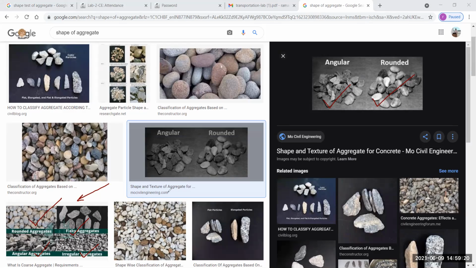I already discussed what rounded aggregates are, and how strength and workability are imparted in rounded aggregates. Also how the strength and workability of concrete are imparted on the basis of angularity. Then I discussed angularity number. I already discussed all things about angularity number. So my next point of discussion is today's test, the flakiness index.